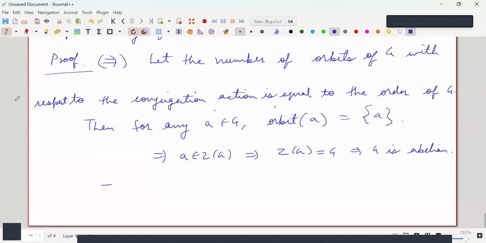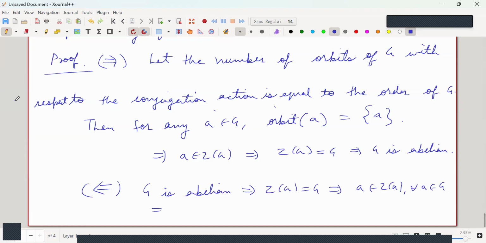Clear? Yes, sir. And the second part also, just reverse the process. G is abelian implies Z(G) equals G, which implies a belongs to Z(G) for all a belongs to G, and that means the orbit of a is a singleton set,